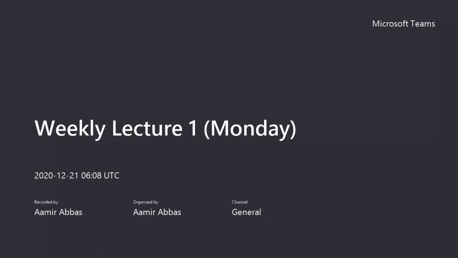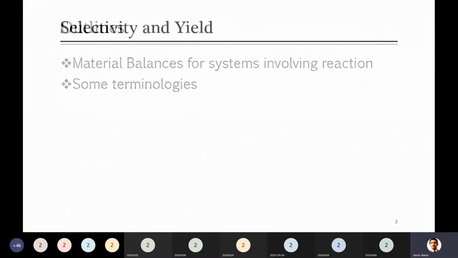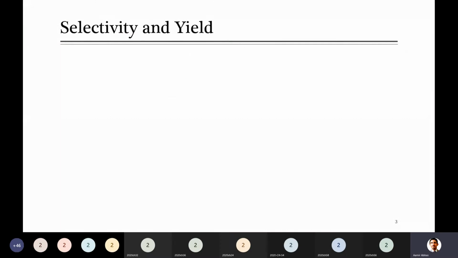From the last two lectures, we started with material balance involving reactions. In the first lecture, I introduced you to the general terminologies related to material balance where reaction is involved, and stoichiometry. Then in the last lecture, we discussed a few terms that you will come across when you apply balances on a reaction system. I think 3-4 terminologies we have already discussed.